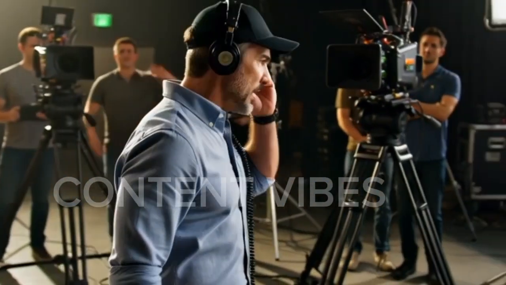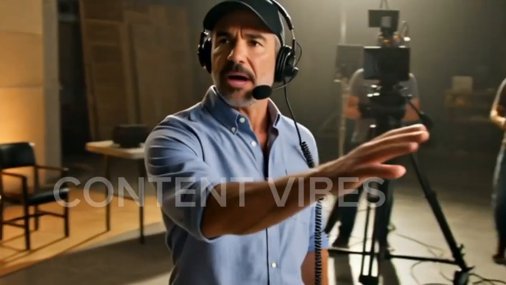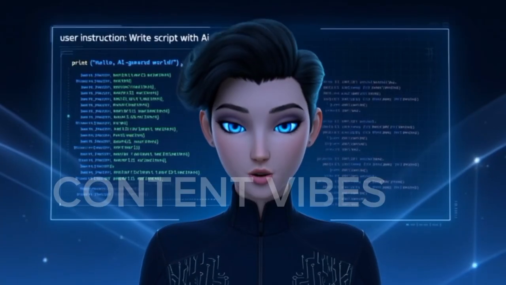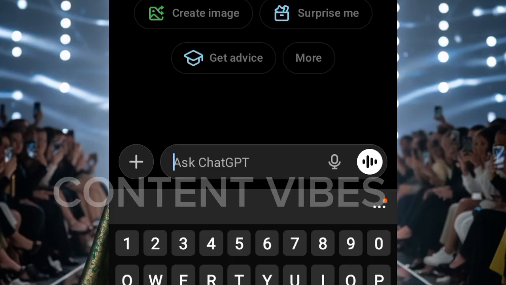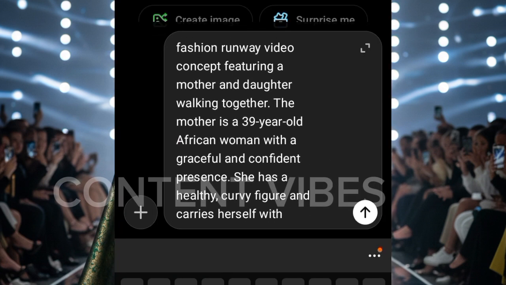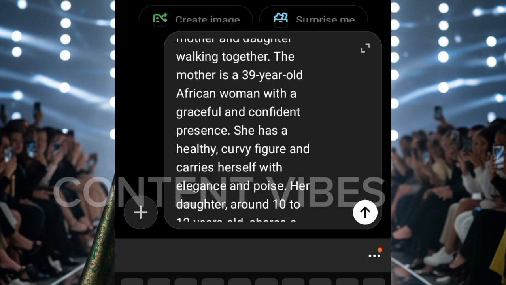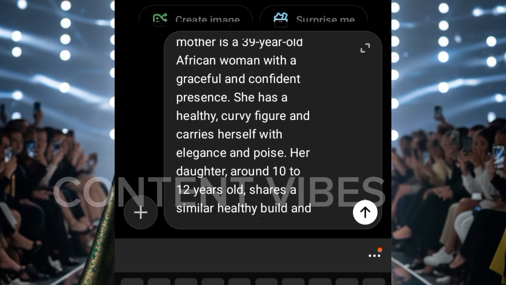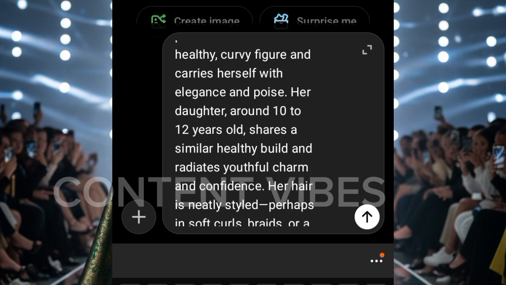You need to think like a fashion director. Before touching any image tool, you need to create a prompt. Not just any kind of prompt. Over here, I pasted my prompt. I said, there is a trending fashion runway video concept featuring a mother and a daughter walking together. The mother is a 39 years old African mother, she has a healthy, curvy figure and carries herself with elegance